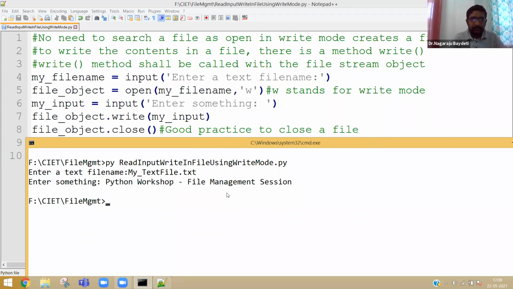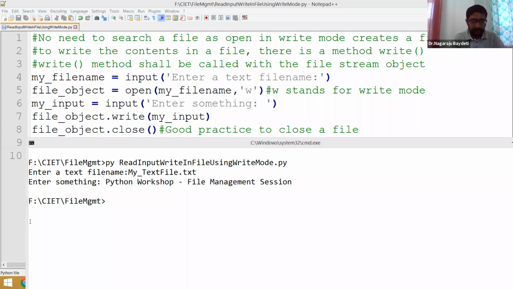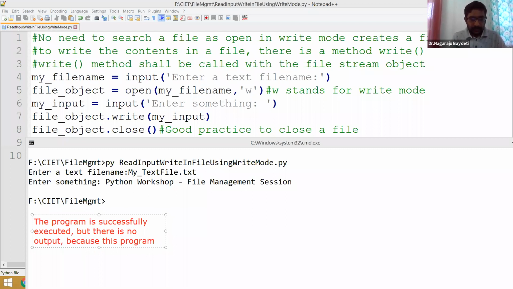The program is successfully executed, but there is no output because this program is writing some contents in a file.